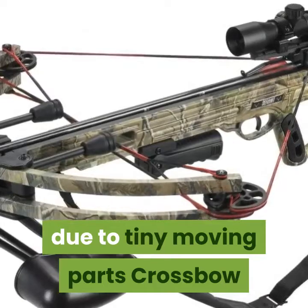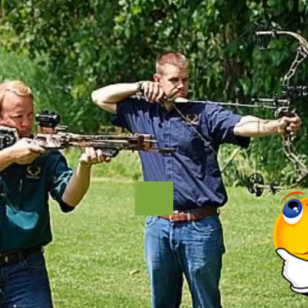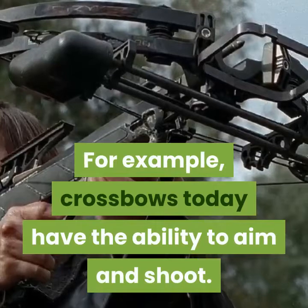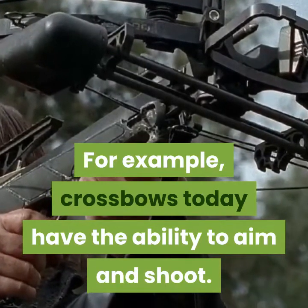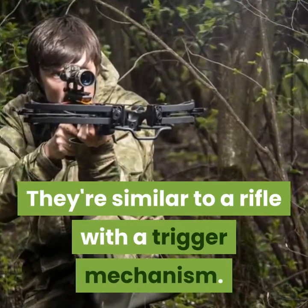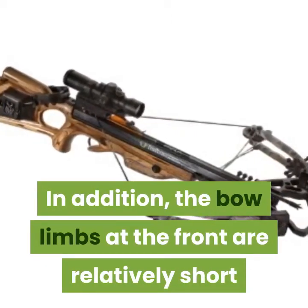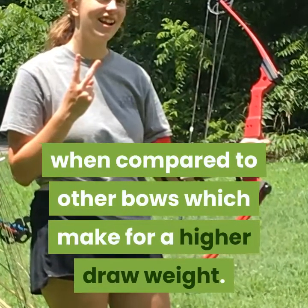The crossbow. Crossbows have been around for hundreds of years and have evolved to the needs of their users. For example, crossbows today have the ability to aim and shoot. They're similar to a rifle with a trigger mechanism. In addition, the bow limbs at the front are relatively short when compared to other bows, which make for a